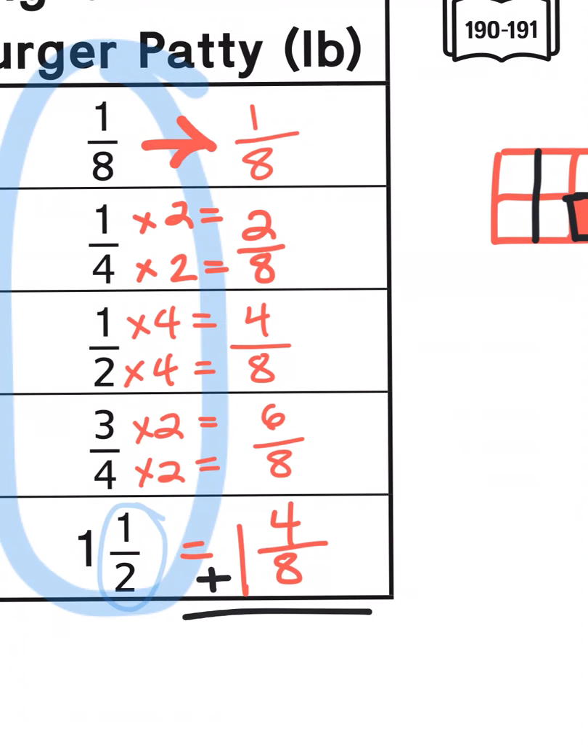I'm going to remember that when I'm adding fractions with like denominators, I'm only concentrating on the numerator. Okay, so I'm only adding the top number. So it's basically 1 plus 2 plus 4 plus 6 plus 4. Well, 1 plus 2 is 3, 3 plus 4 is 7, 7 plus 6 is 13, 13 plus 4 is going to give me a total of 17,